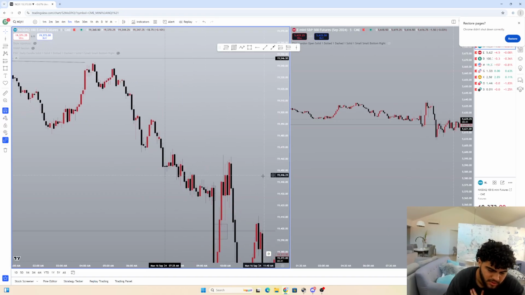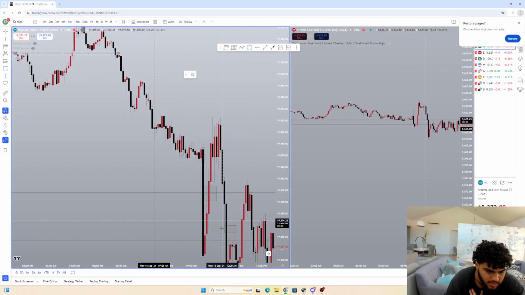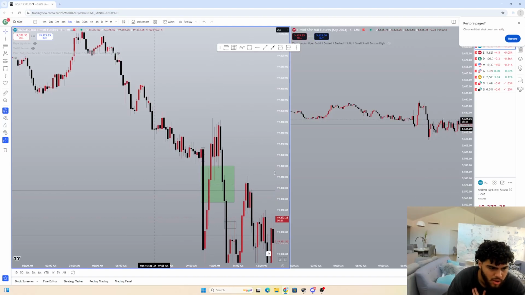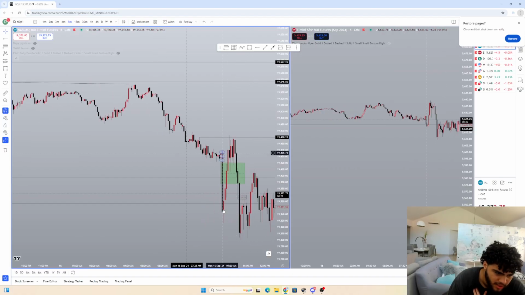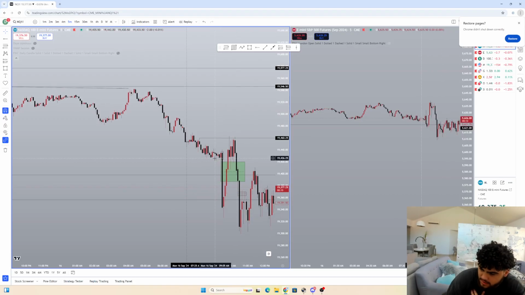So let's go to today. This is a good example. 5-minute fair value gap. This right here is a 1 hour fair value gap. So we push down into a key level, like how I showed you guys in the examples. Disrespecting 0.79 is disrespecting OTE. But on this example right here, we pushed into the key levels,